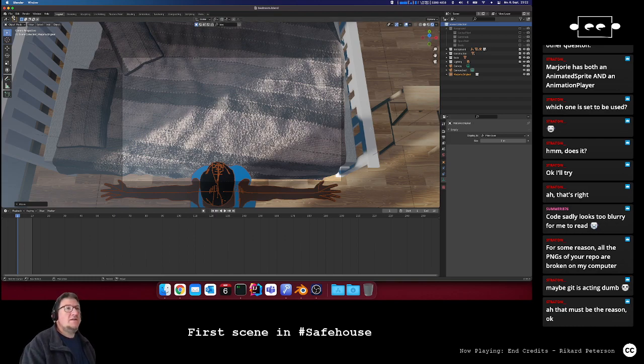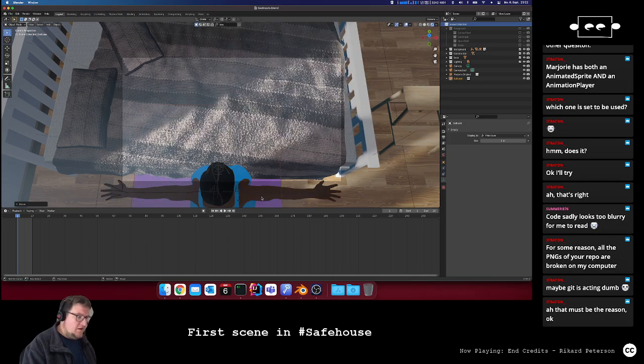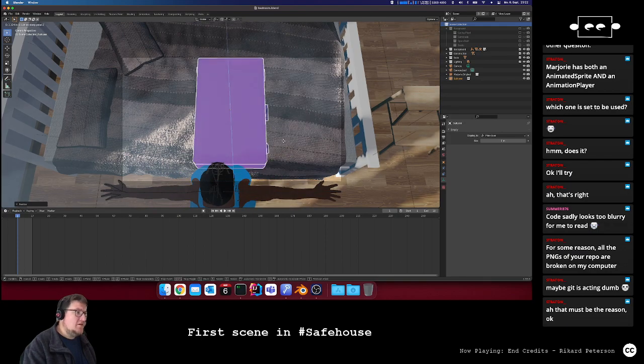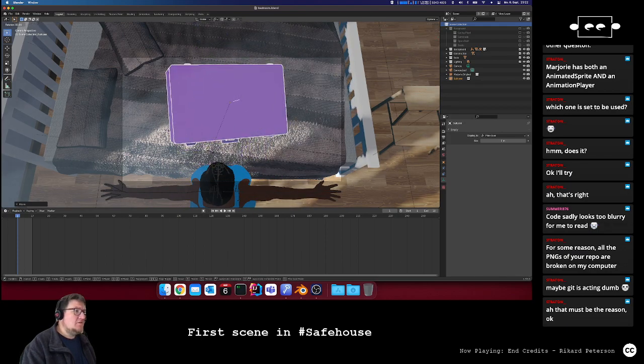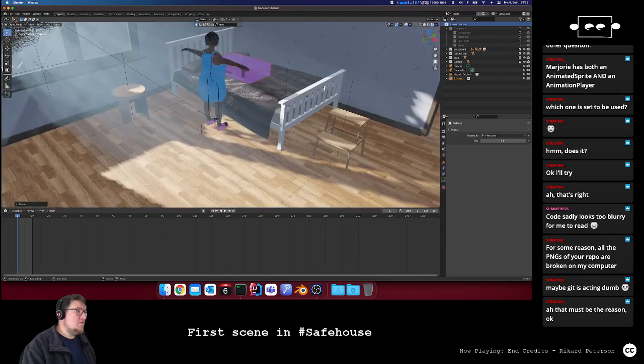So the other thing we need to link is the suitcase. This is something cool about Blender, that you can just link other files in here. Collection suitcase, and then we have a suitcase. Also pretty big. There it is. That's right. Okay. Let's see if it